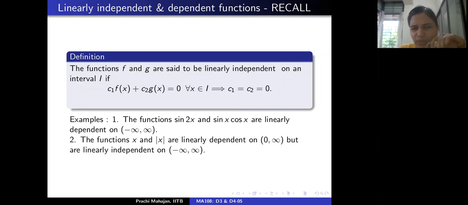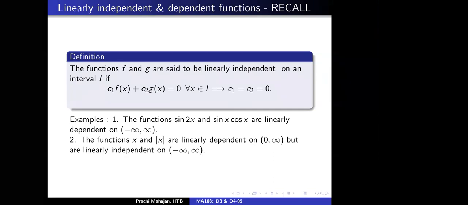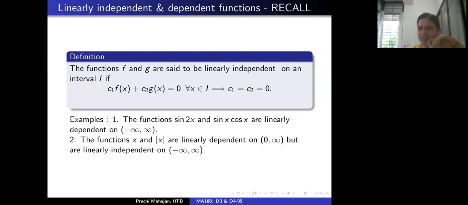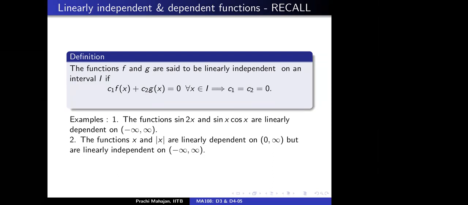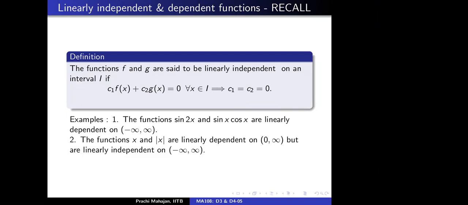I don't understand when you say x to be -1. We're talking about two functions here, and we say that they are linearly independent if we cannot write one as a multiple of the other. I think he's trying to say that x and mod x will also be linearly dependent separately on minus infinity to 0, just as on 0 to infinity. Correct, I think that's what he was trying to point out. Yes. When you say x takes the value 1, that is irrelevant to the concept of linear independence, as much as I can tell.